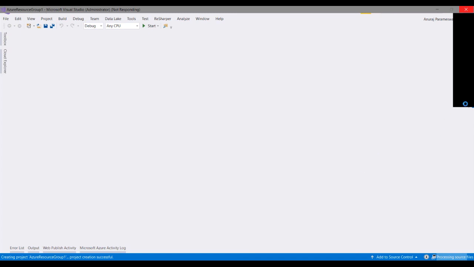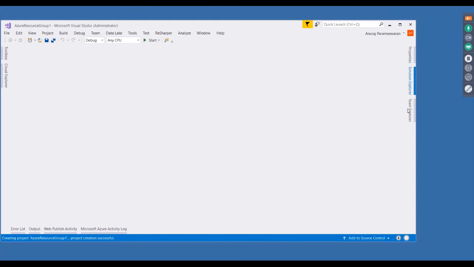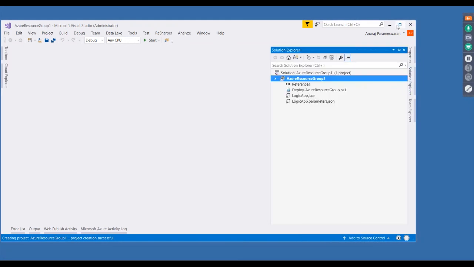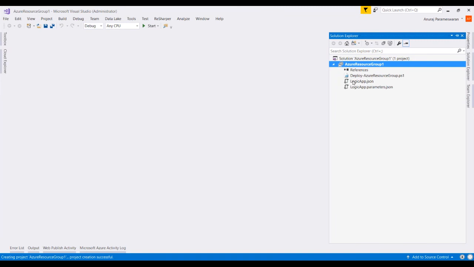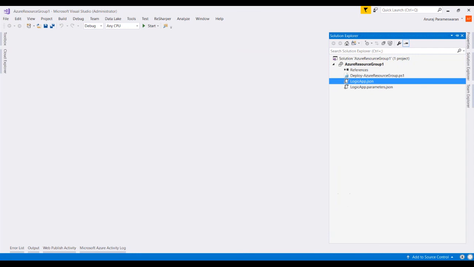And similar to the portal, you will get the various templates. So here you need to look for Logic App. This is the Logic App. Okay. I already signed in. If I am not signed in, it will ask for my Azure credentials. Since I already signed in, it's taking me to the designer directly. So once the project got created successfully,